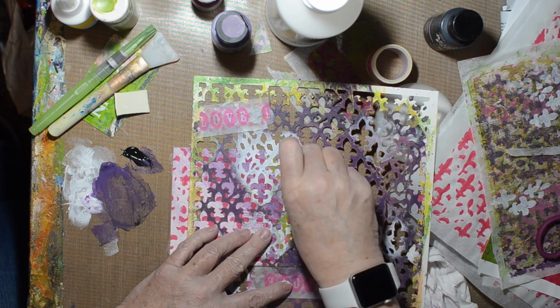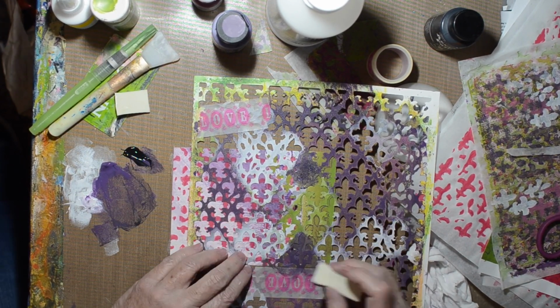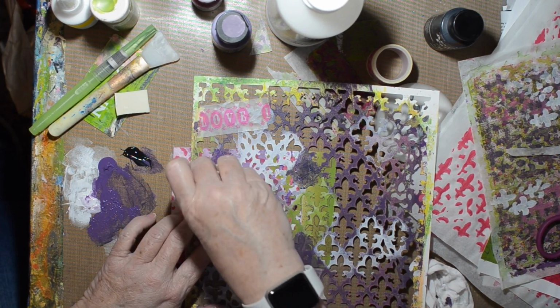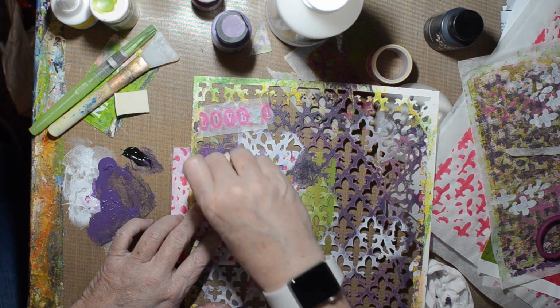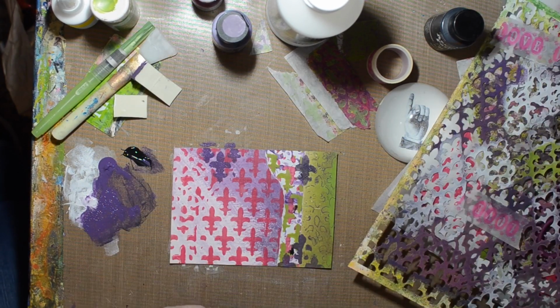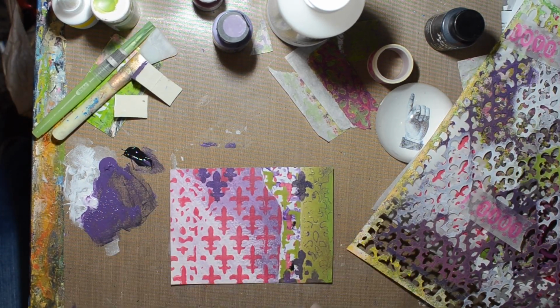So I guess you would call these journaling cards because they're kind of big. They're like postcard size. Don't know that I'd send them for postcards. They could probably all still use some sort of focal point. So I would consider them not complete. Maybe